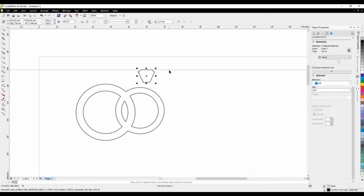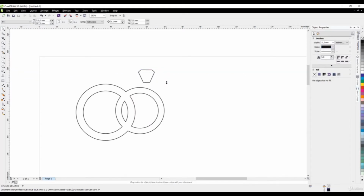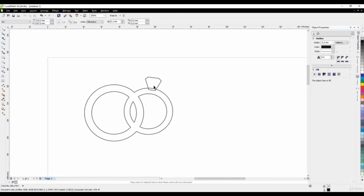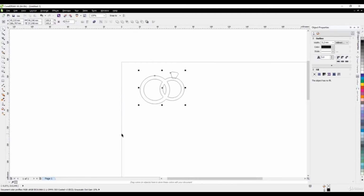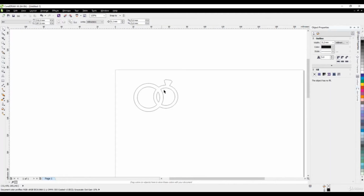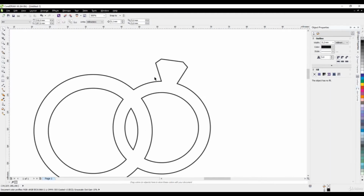Our diamond is ready. I click the ruler and delete it, and I'm taking this here, one click, a little bit around, yeah. It's very cool. And selecting all objects here, Weld tool. Yeah, this is a very cool ring, but I'm taking the